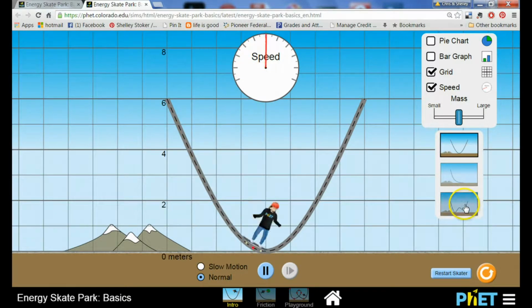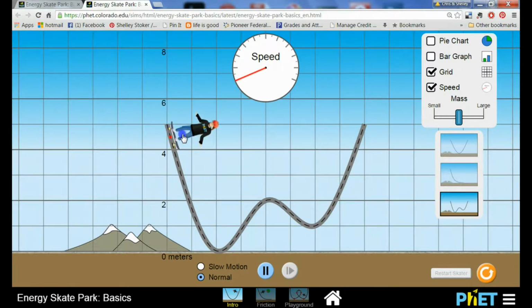And if I click on a different shape track, it doesn't matter what shape it is, he still gets up to the same height beginning and end. So he's the same in the beginning as he is at the end, and the speed at the very bottom is the same as well.